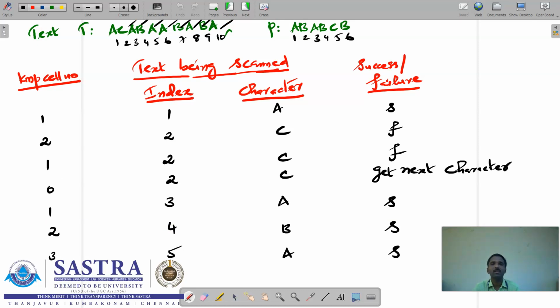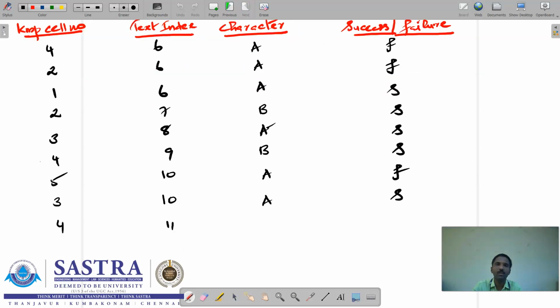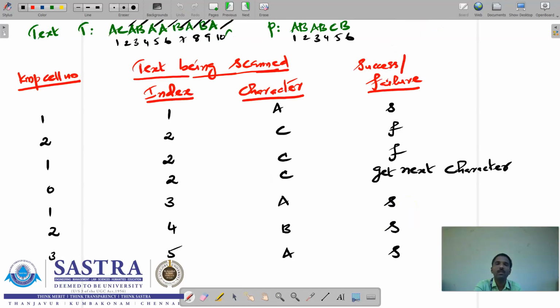11, right? We are reaching the end of the text. So when j is greater than the end of the text, the function returns a boolean value, true, so that we need to terminate the process. At the 11th index, there is no text character. In this case, success or failure, this is a failure